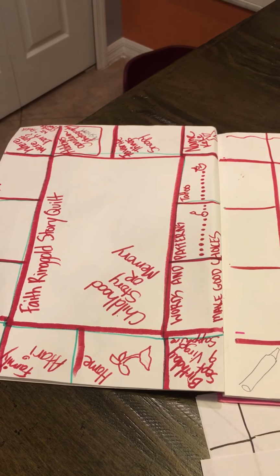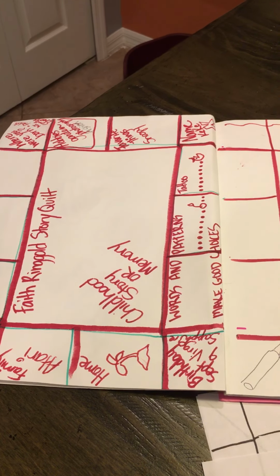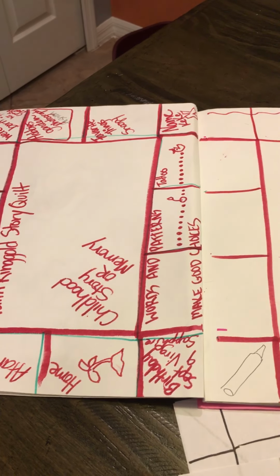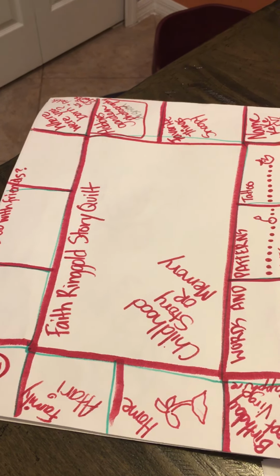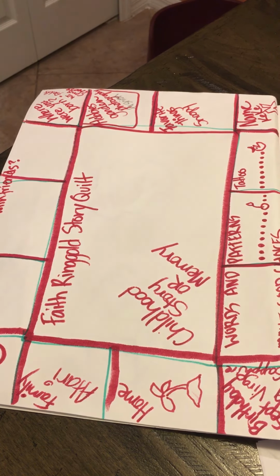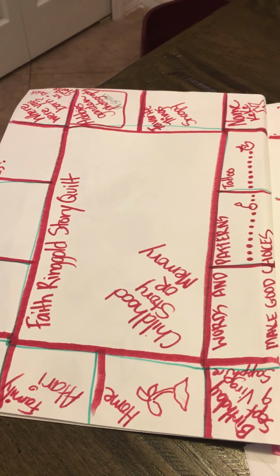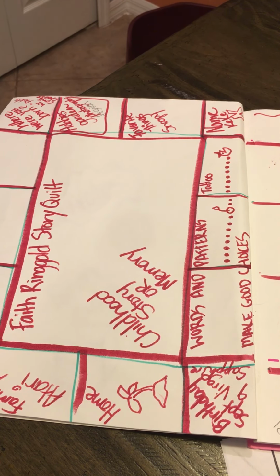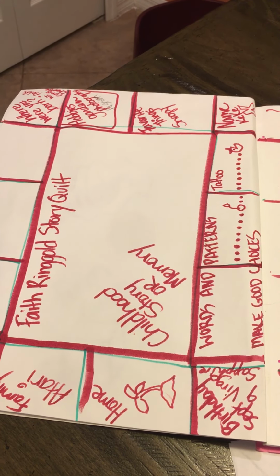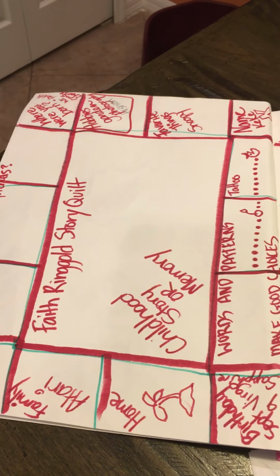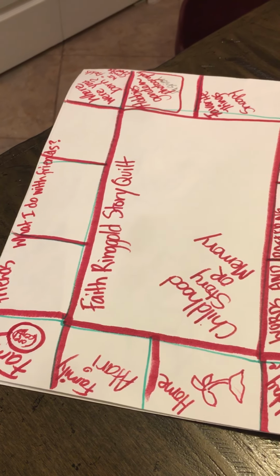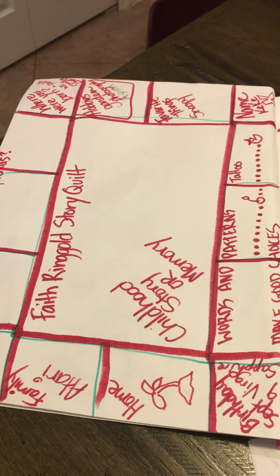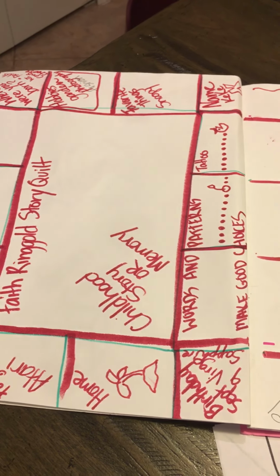In doing our Faith Ringgold story quilt, we did quite a few memory and idea days, as well as talked about how to use color and pattern. So our first brainstorming page was just about dividing the paper into a quilt-like area, giving space for a childhood story or memory, and then really brainstorming a list of words and ideas that have to do with you. Could be things about your family, friends, where you were born, your favorite things, your nicknames, your birth date, whatever